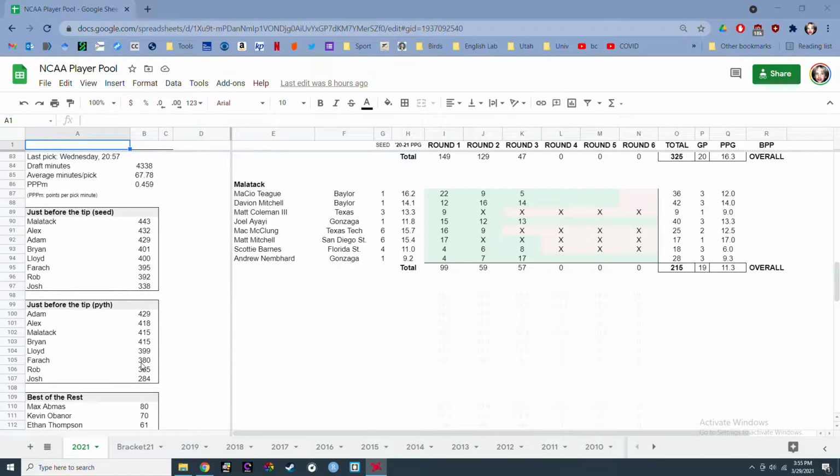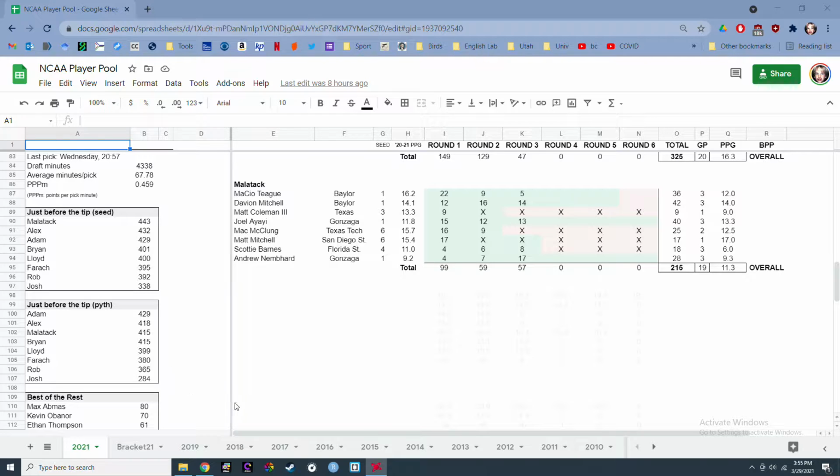It's just because the selection committee uses their eye test, right? Whereas KenPom just uses the numbers: how badly did they beat people, what was the score of all their games, etc. I haven't done an analysis to figure out which of these two predictions actually performs better. I think maybe this is the fourth year that we have this information, so I can check it out after this season. We'll see who does better. I'm guessing the Pythagorean has fared a little bit better, but I don't know that for sure.